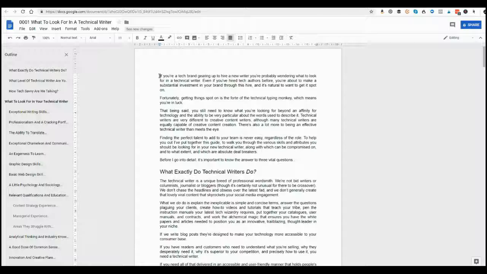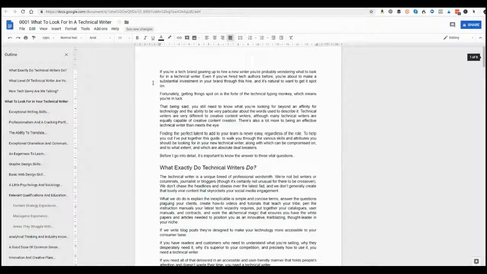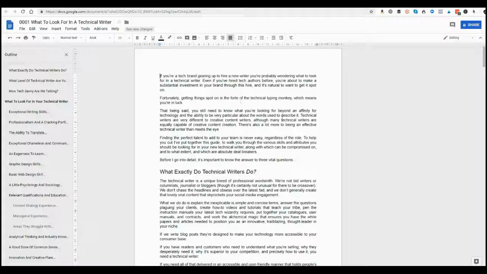The other great thing about this, particularly from clients' perspectives, is that you can actually make requests on it, you can ask questions, you can leave comments. So our process, as it were, if we're writing content for you, so say if I'm writing a blog post for a client, I'll write a draft in a document like this, and then I'll send the draft through to them to look at, and they'll be able to come onto this live version of the document, they'll be able to read through it, and if there's anything they don't like, they can change it, they can tweak it. If they've got any questions, they can pop a comment on and ask me about it, and it just makes the whole process of editing a lot smoother, a lot easier, and a lot less hassle for clients,